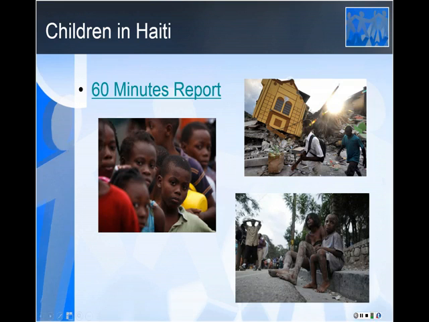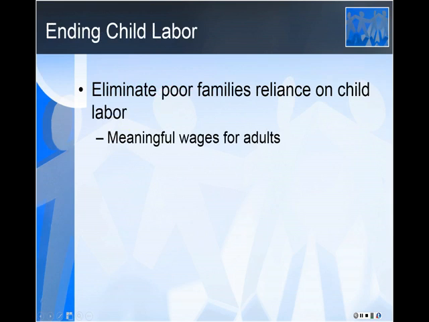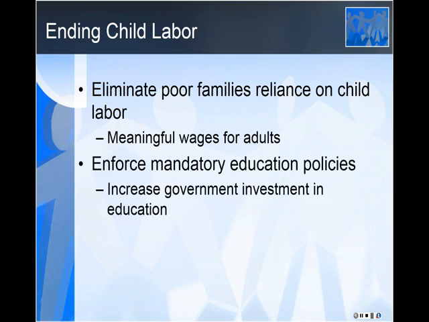All right, so if we think about how to move forward, how do we go about eliminating child labor? One of the main reasons why child labor occurs is because poor families rely upon their children for labor. So this gets into the meaningful wage argument in terms of how much should we be paying individuals for minimum and meaningful wages. And this is a topic that we will discuss a little bit in the next module on globalization.